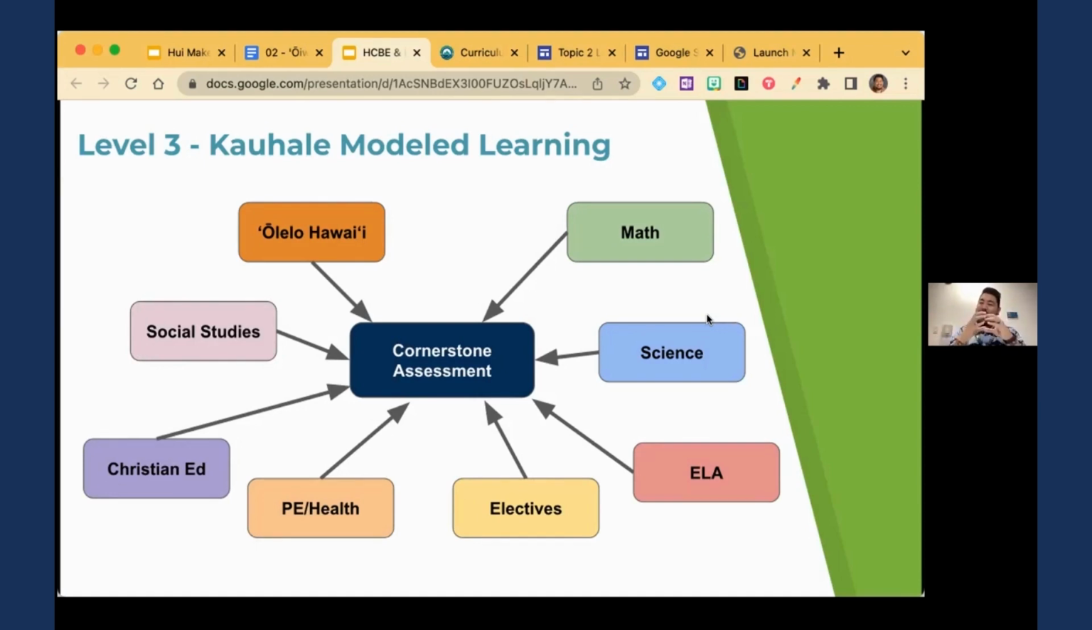So where you have a cornerstone assessment, one project that all teachers will grade together, or grade part of a project. So that's why math will have something that goes into that assessment. Science has an assessment. Electives could, PE could. The Kauhale model in particular, I don't know how much you've heard about the missions or the goals at our campus,